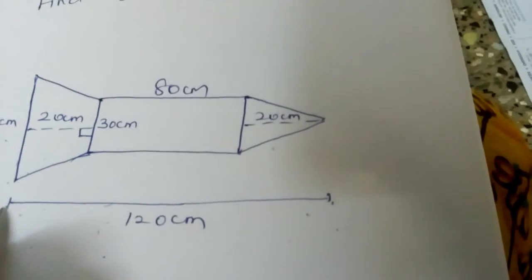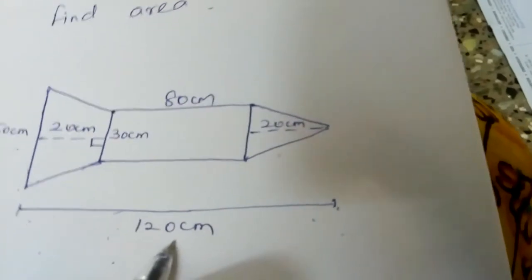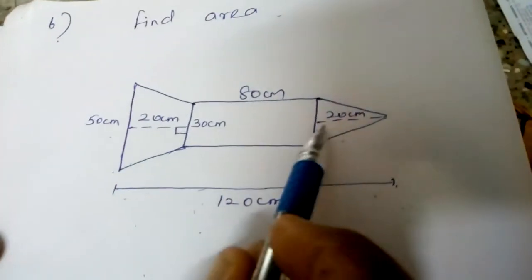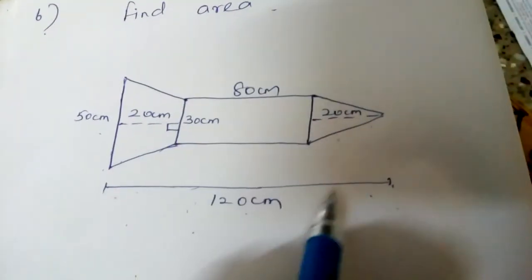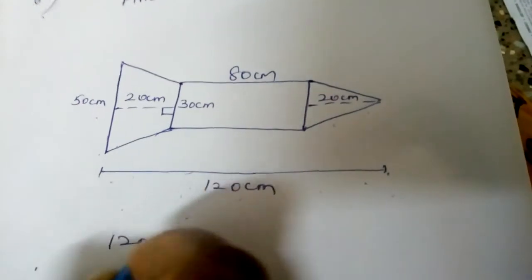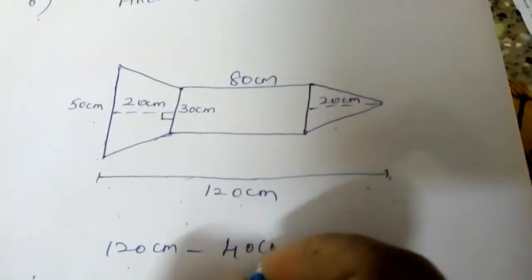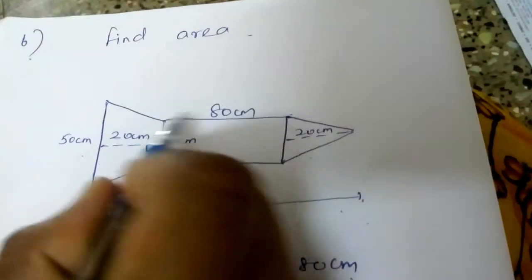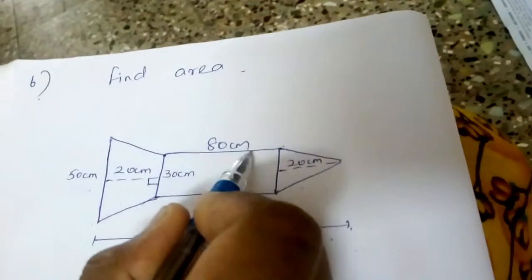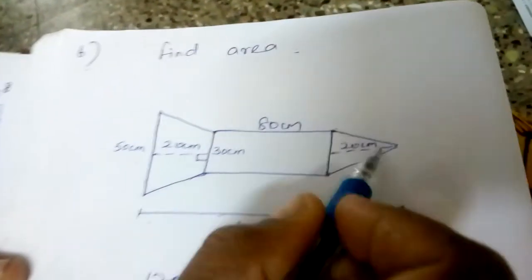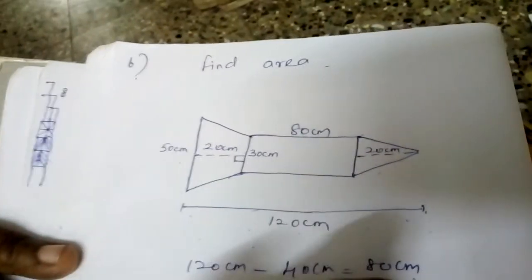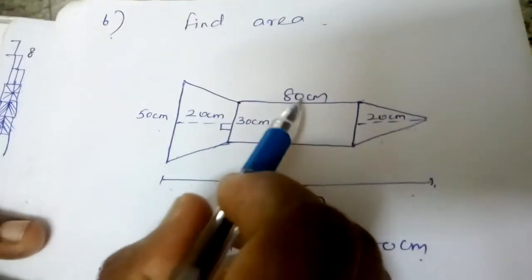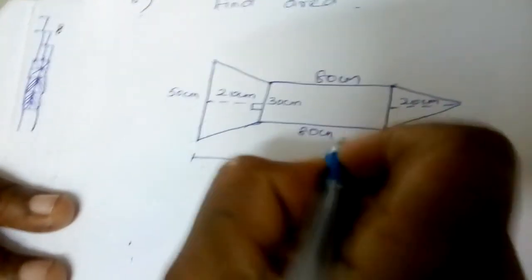And moreover, from here to here 120 centimeter is given. So fully 120 centimeter. Here 20 centimeter is already given and here it is 20 centimeter. From 120 you reduce 40. 120 centimeter minus 40 centimeter gives you 80 centimeter. That 80 is the value of this, because I want to know the value of this, which is not given, so I am finding it. So how to find it? Add the 20 and 20 here and subtract it from this, and I'll get this value. This is 80 centimeter. It's clear. If this is 80, this is also 80 centimeter.